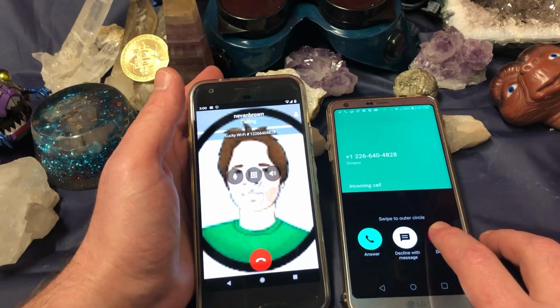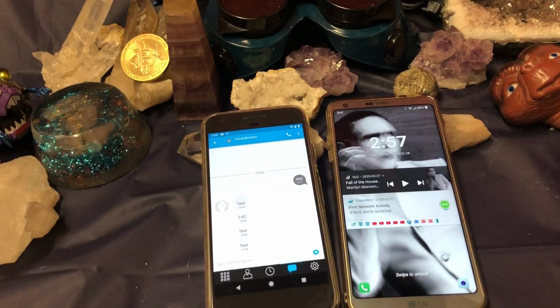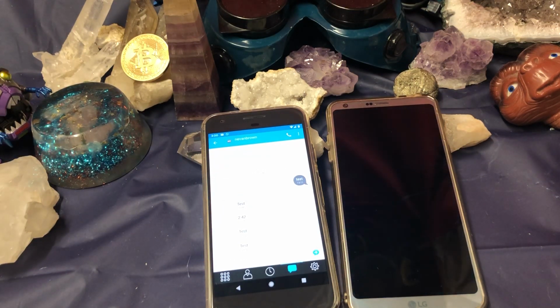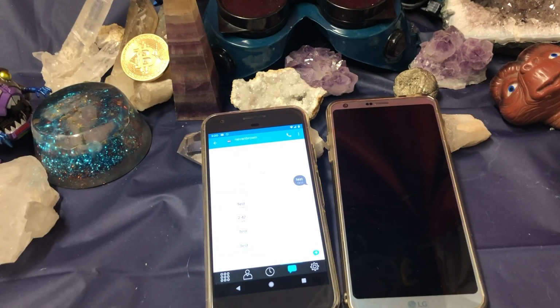So for most kids these days, this isn't exactly a very exciting thing. But to some of us older folks, oh my goodness, it's just so cool that you can make free phone calls like that. Once again, you still have to be connected to the wireless network, Lucky Mobile, about $15 a month. If you put $15 down, you get with that package a standard 100 minutes and unlimited text, and that's nationwide